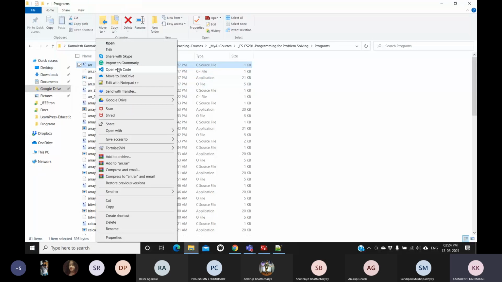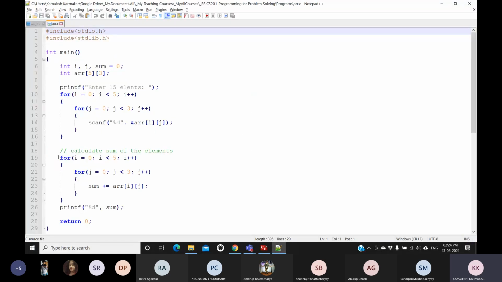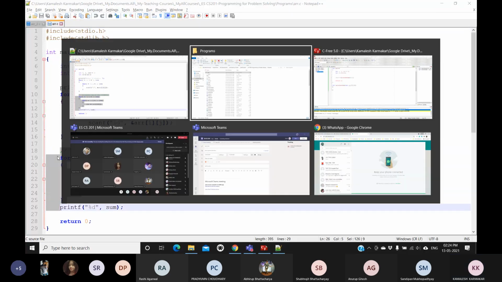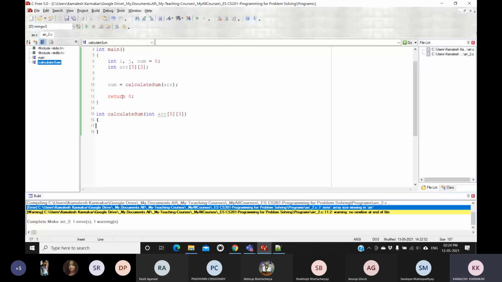I want to just copy this logic I have written here. I will calculate the sum of these elements, so I will copy this program and write it in this function calculateSum. Along with this, this function will require the variables i and j to be declared, because i and j are not declared in this function.